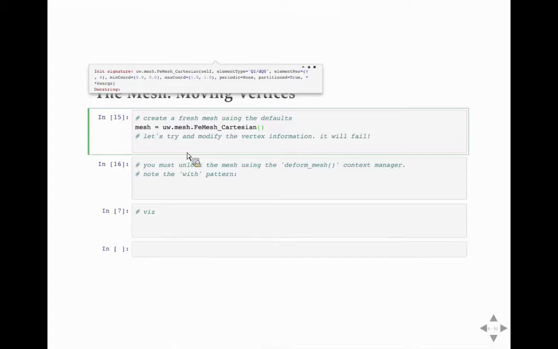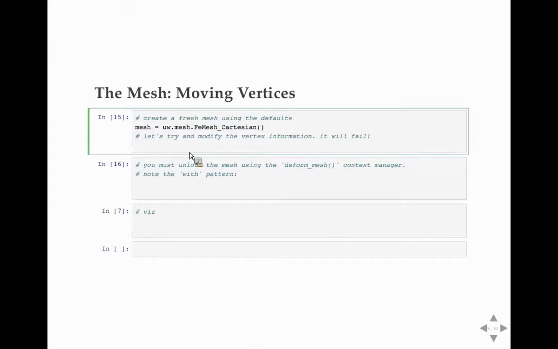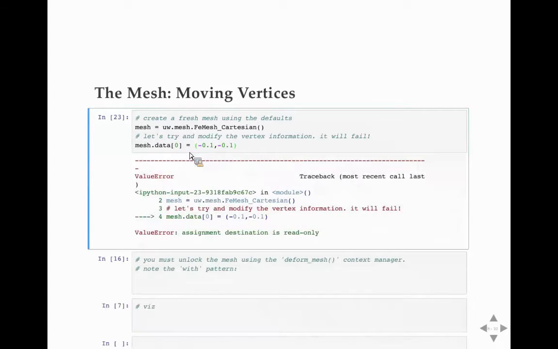Very straightforward. Again, I mentioned the mesh has a data handle which we can use to modify it. So let's grab the first vertex and let's just try and set it to something. Let's say 0.1. Now this won't work,